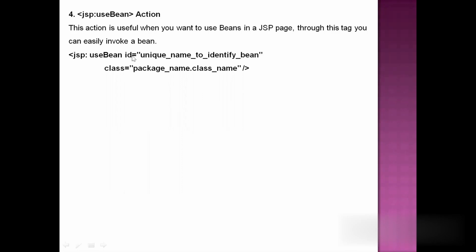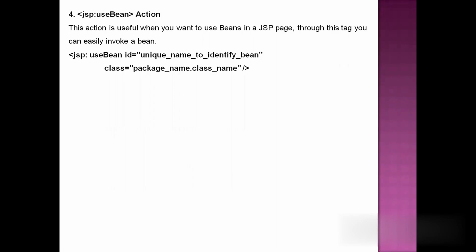So useBean id equal to a unique name to identify the bean. Internally, every bean will be recognized with some ID. At the time of writing the program itself, we will specify that ID, so that ID we need to write here. And class is where you are storing your bean class, with the package, that complete address you have to specify.